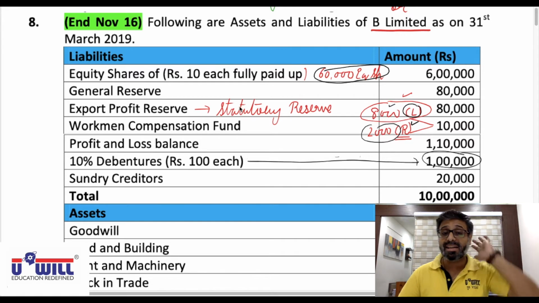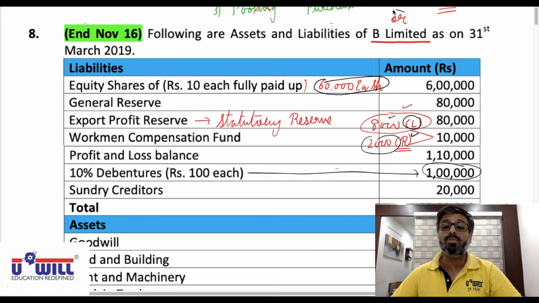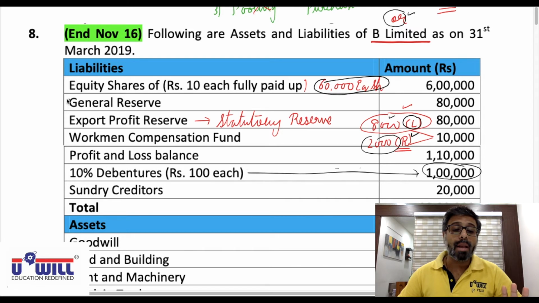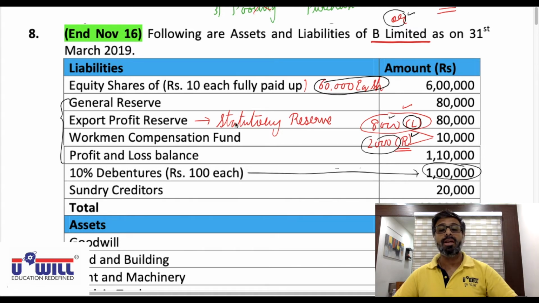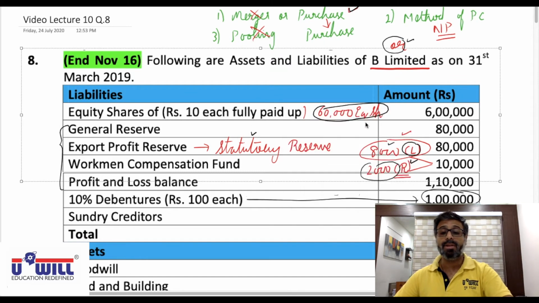Now statutory reserve has a different relevance in the books of the transferee company. Right now we are passing whose books? Transferor. In the transferor company's books, all balance sheet items are to be closed, including statutory reserve. Even if it is a statutory reserve in the books of the transferor company, you have to close it. A separate entry for statutory reserve would come in the books of the transferee company, because it is amalgamation in the nature of purchase. However, here reserves account debit, so general reserve, export profit reserve, compensation fund and profit and loss